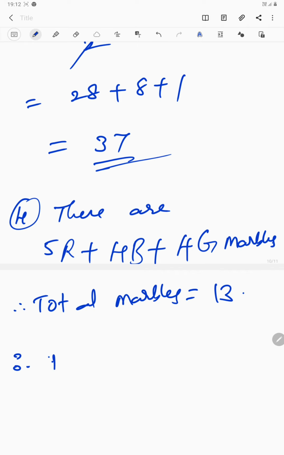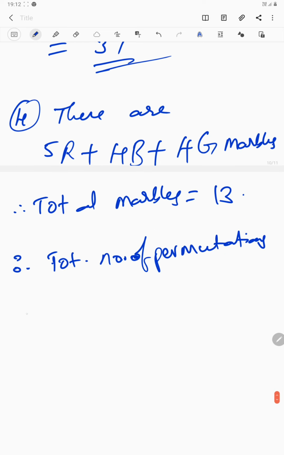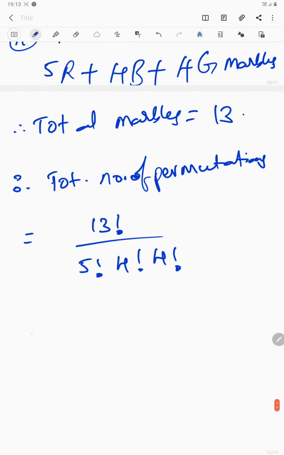Therefore, total number of permutations. Yes, Kritar? आ गया आंसर. Total 13, identical 5, 4, 4. Simplify it or let it be. Okay? Yeah. The next question is,